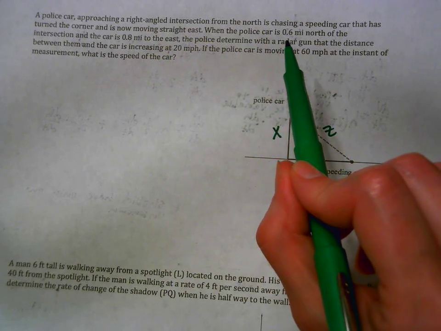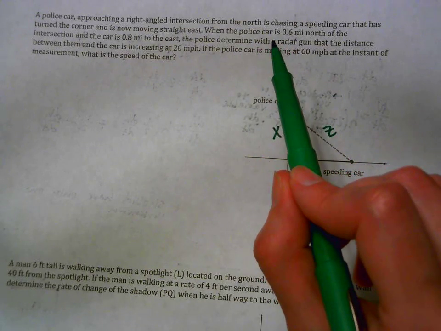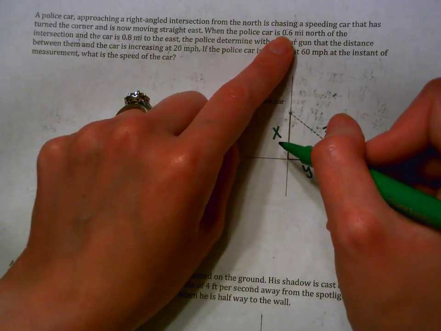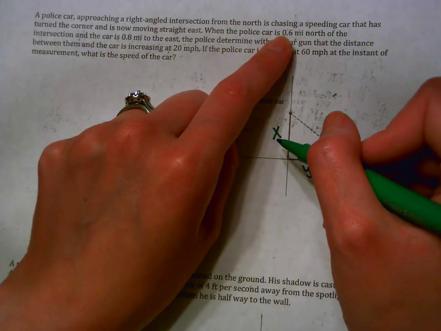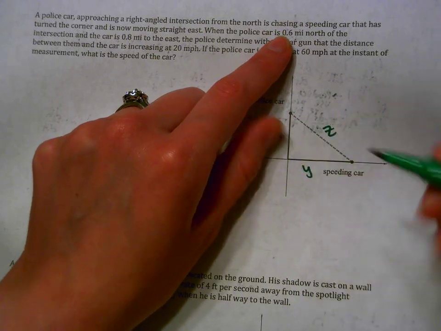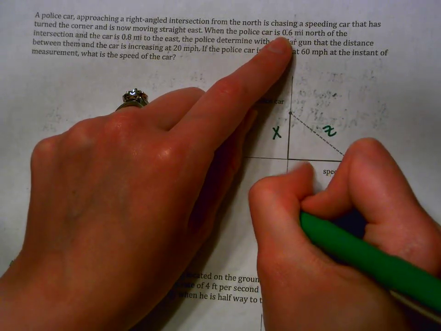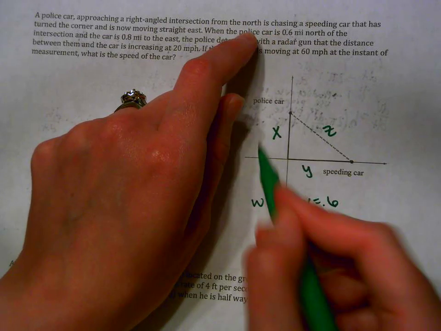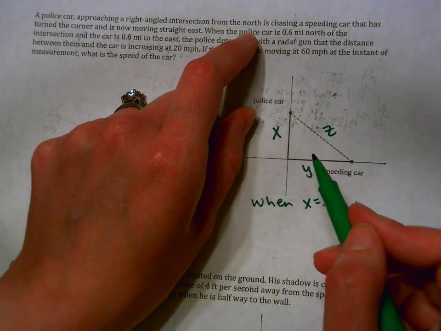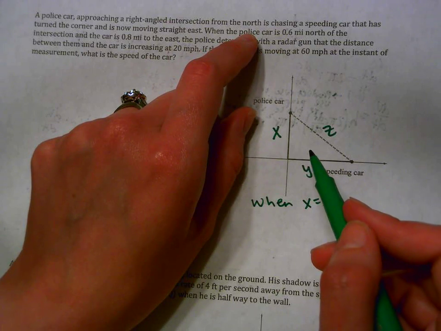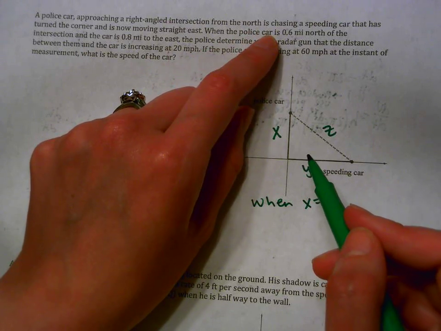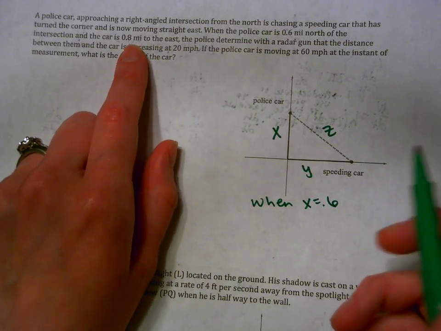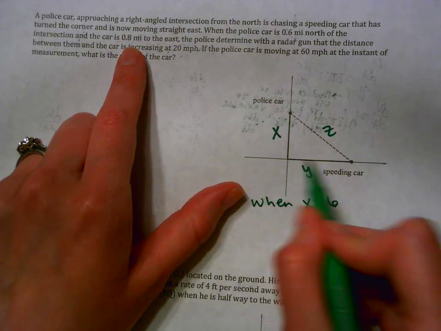So when the police car is 0.6 miles north of the intersection, I would be careful of writing this on your picture because that is not a constant. X is not always 0.6. He's moving. So I'm going to write it down here. I'm going to say when X equals 0.6. The only thing I want to label on my picture is variables and any number that stays the same over time. So when X equals 0.6 and the car is 0.8 miles to the east, which would be our Y,